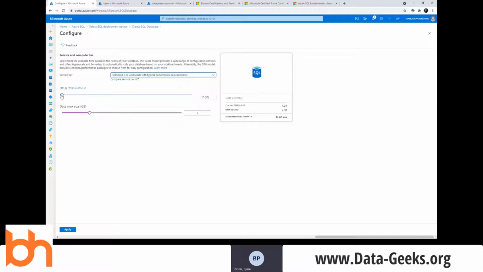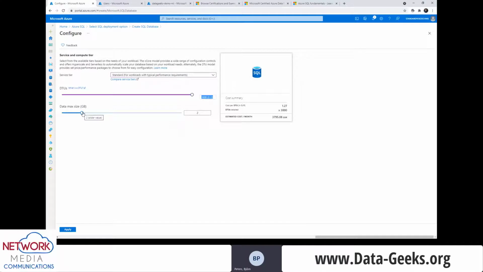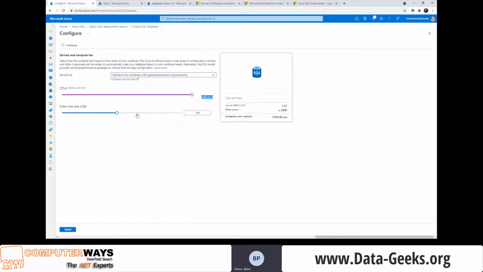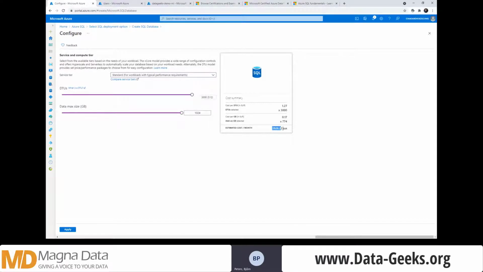Then we have standard, where you have those sliders where you can choose how many data transaction units you want to have, which means standard for workloads with typical performance requirements. And you can choose what you want to have in data max size, or data storage capacity, for your databases, from 100 megabytes up to 1 terabyte. And you can see if you put those sliders up to the right, you have to pay about €4,000 a month for this database, which is not that much compared to your on-prem environment,